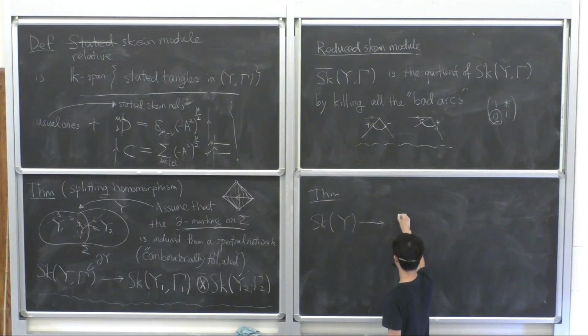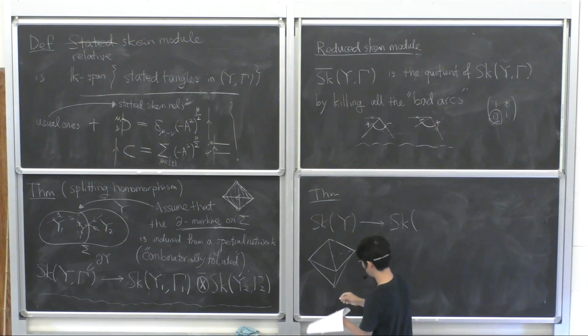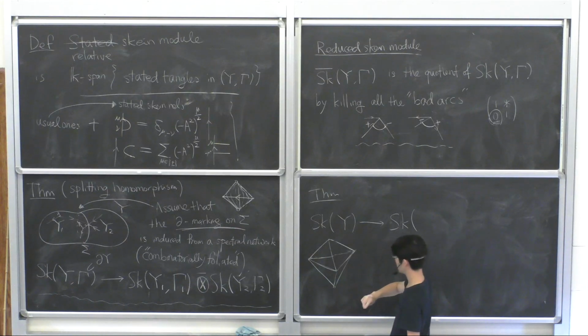In fact, instead of chopping it up into ideal tetrahedra, it turns out that it's actually easier to chop it up into pieces that we call the face suspension. So for each face of an ideal triangulation,